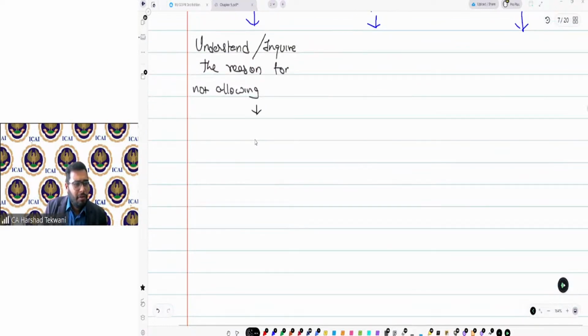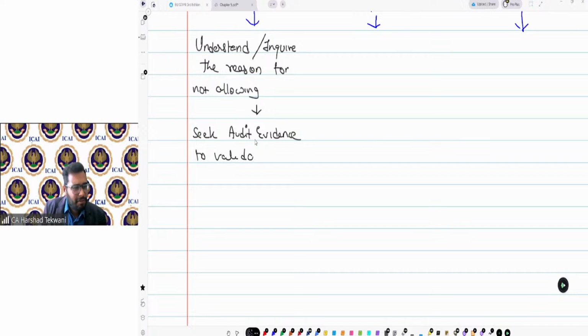Second, seek audit evidence to validate the reason. If you are saying bankrupt, show me documents. If you are saying legal case, show me documents. Show me some evidence that whatever you are saying is good and appropriate. Seek audit evidence to validate the reason.